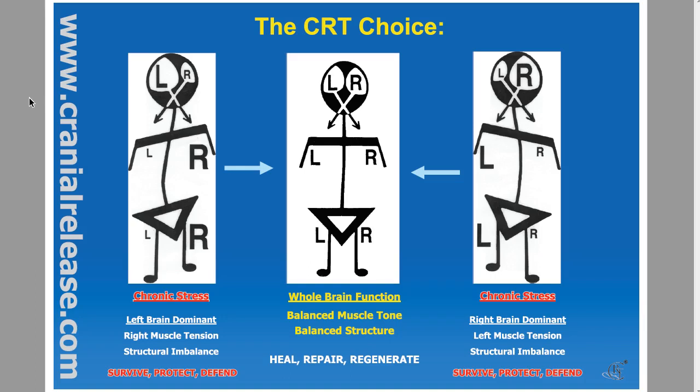So when we take a look at this poster that we call the CRT Choice, it's actually one of my favorite posters, and it's a very easy way to explain the cranial release technique to a patient. But I really want to speak to practitioners right now. And I'd like to put up what I'll call the CRT challenge to you. What I mean by that